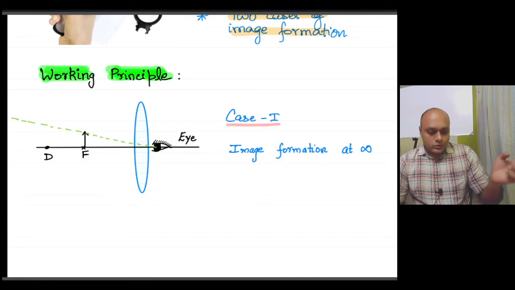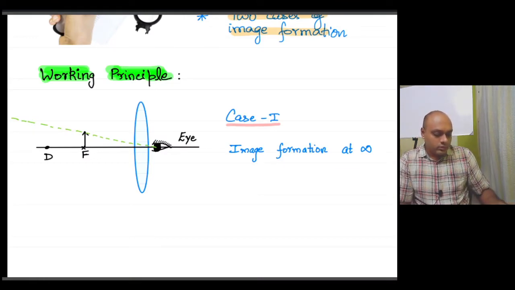Now based on that, we are going to consider how a convex lens, which is essentially a magnifying glass or also called a simple microscope, helps in magnifying objects. Alright, so take a look at this particular diagram. The object is placed at the focus and image formation will take place at infinity.